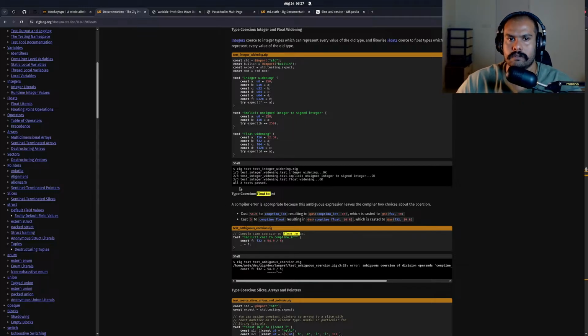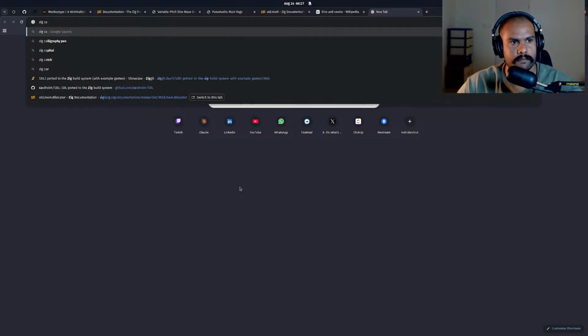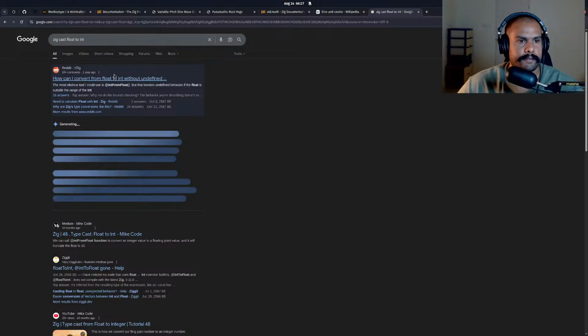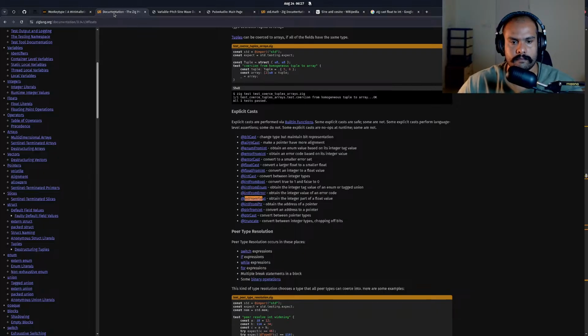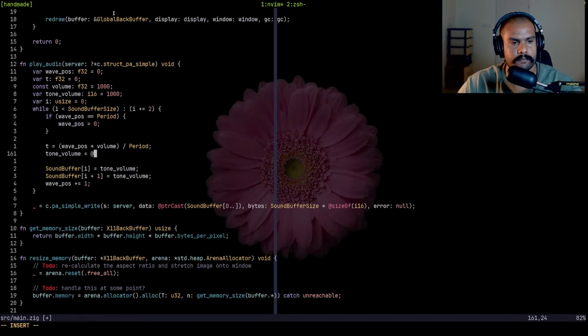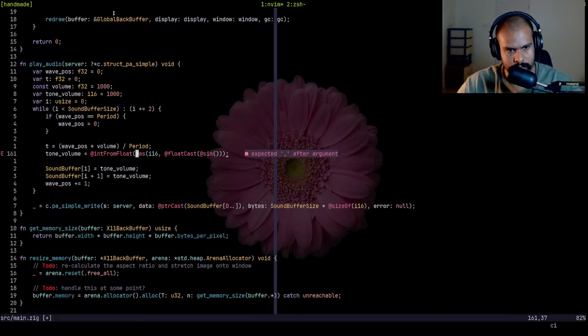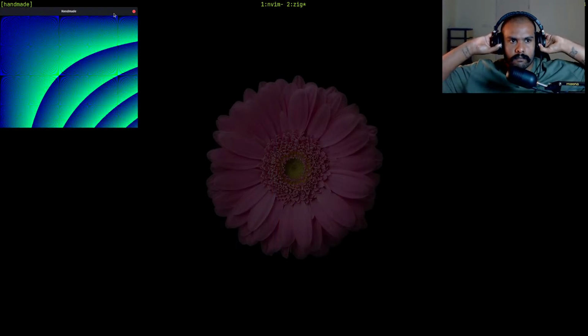Okay, how do you convert cast float to int? Int from float. Okay,